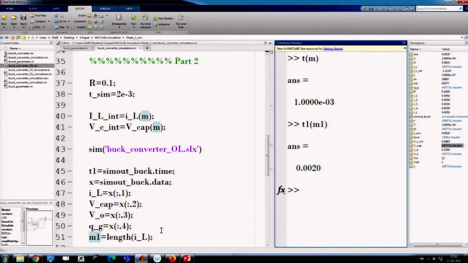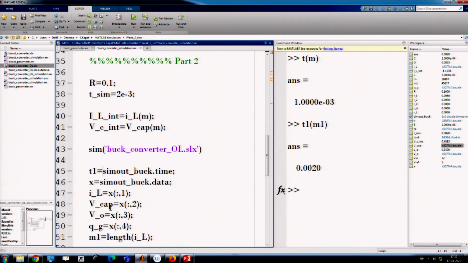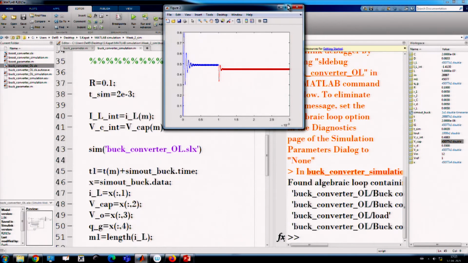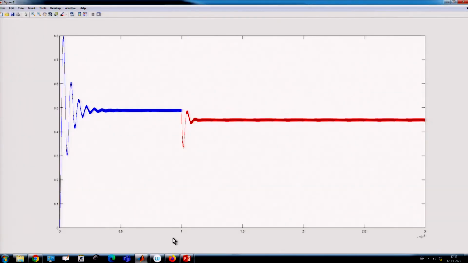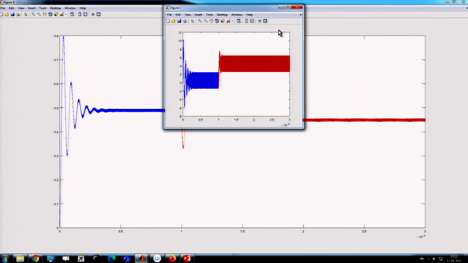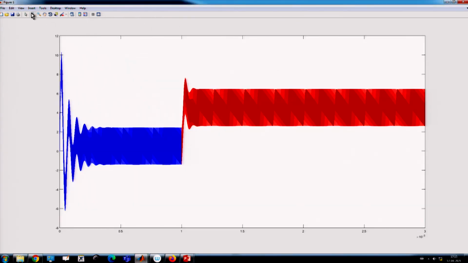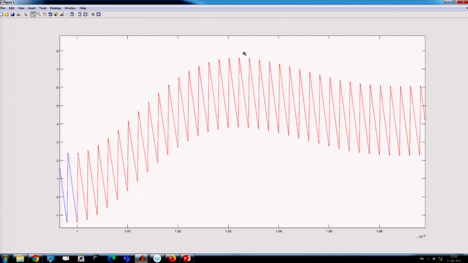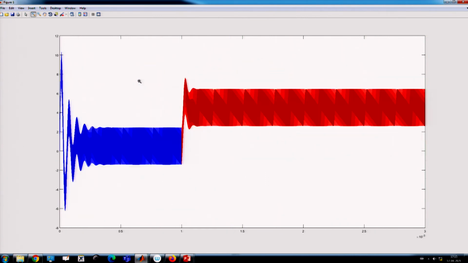So, different values. Now what we have to do is add this offset Tm. Now, if we add this offset and run it, it shows that the simulation time, the current also has changed, and in two different colors we can see the transient scenario.